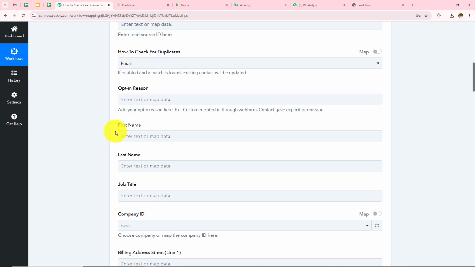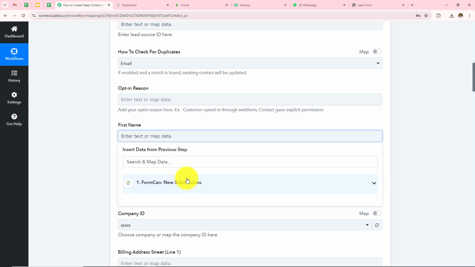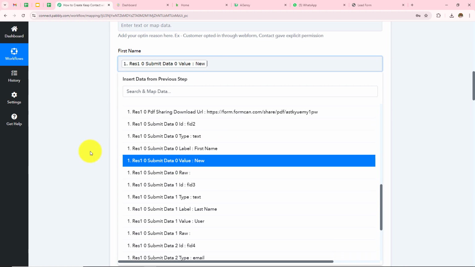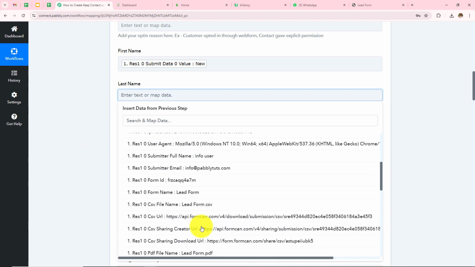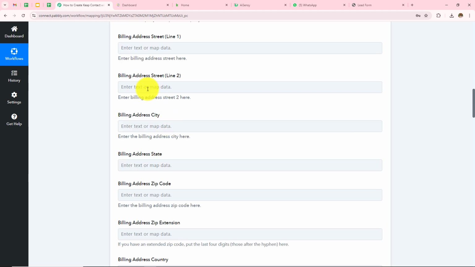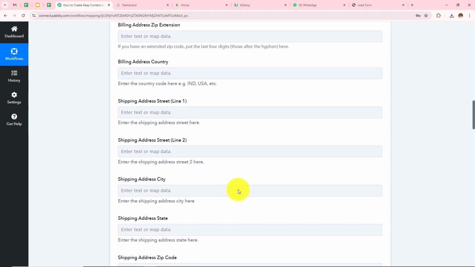Here I'm going to enter the first name, the last name, using the same process, mapping. So the first name was new, and then the last name was user. Then over here I'm skipping this job title. Then in the company ID I'm skipping this. Here I have not received any of these details, but if you have these in your form, you can enter